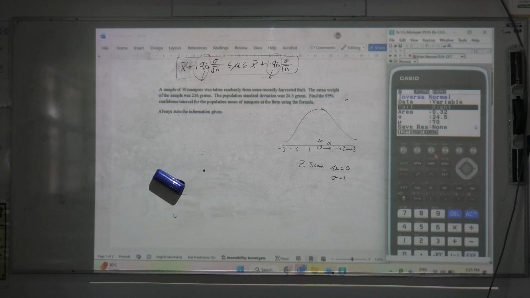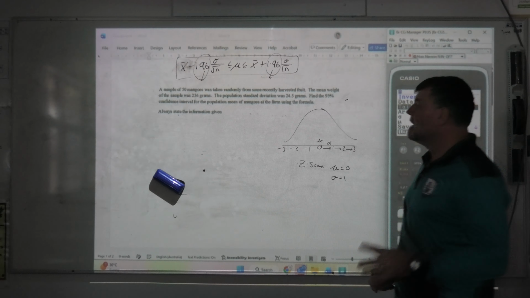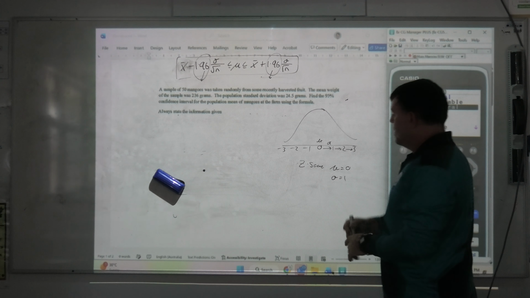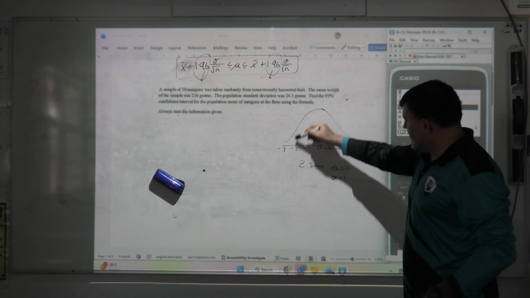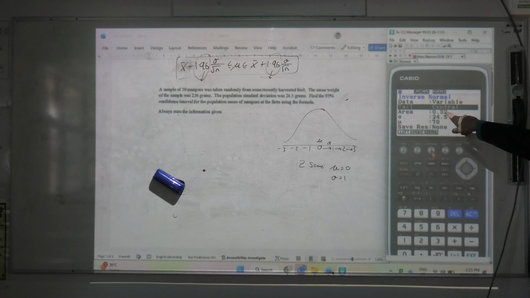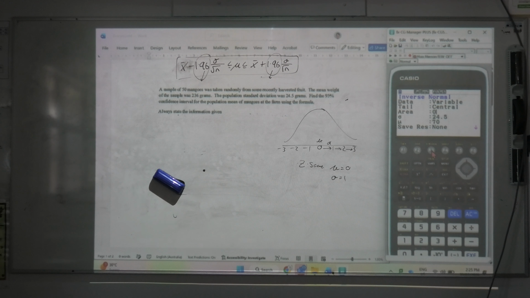So if we come down here, we click center, and that's going to give me a positive and negative answer, because I'm going to have values that represent that z-score in 2 different points. Area, well, this time we want 0.98. Your deviation is going to be 1, your mean is going to be 0, and then if we press